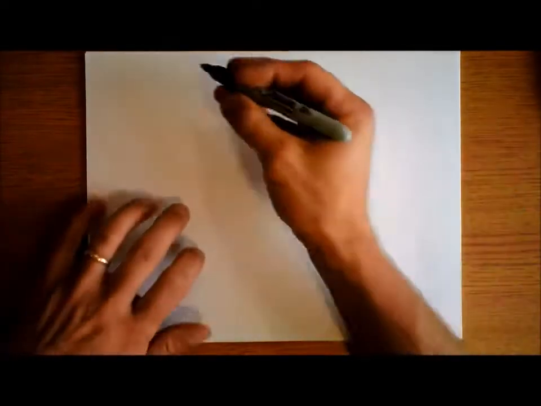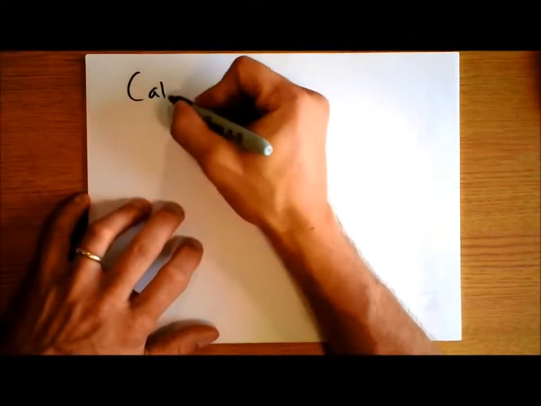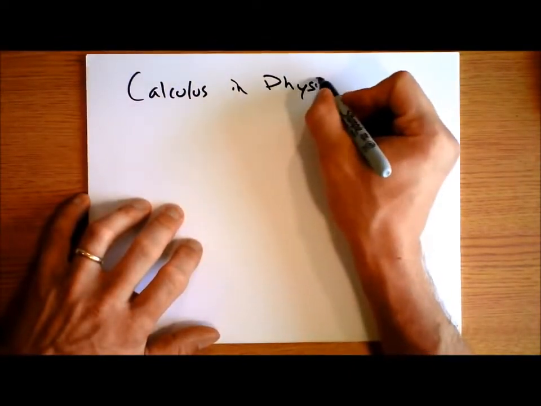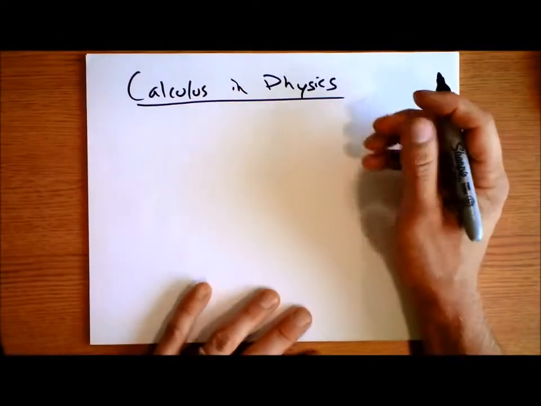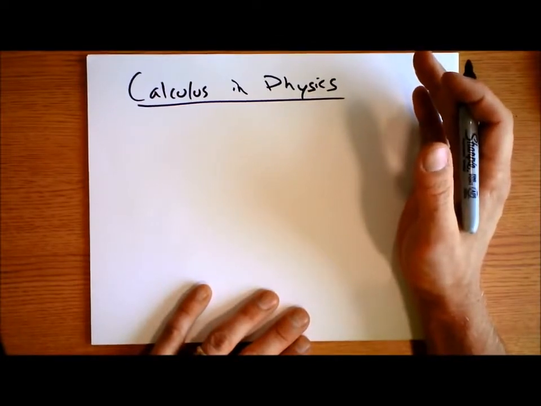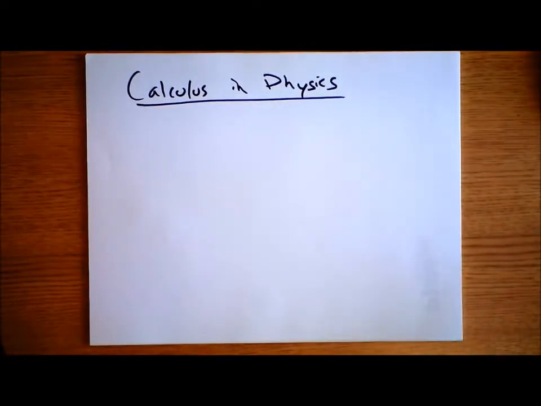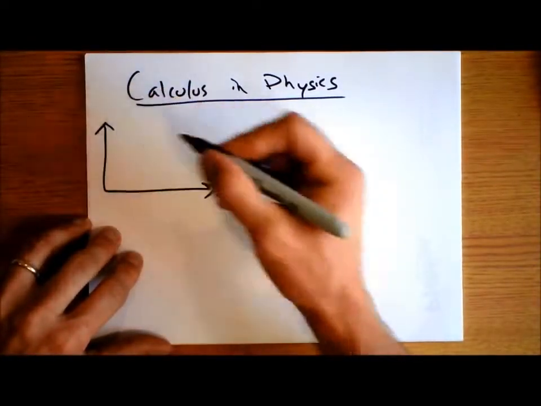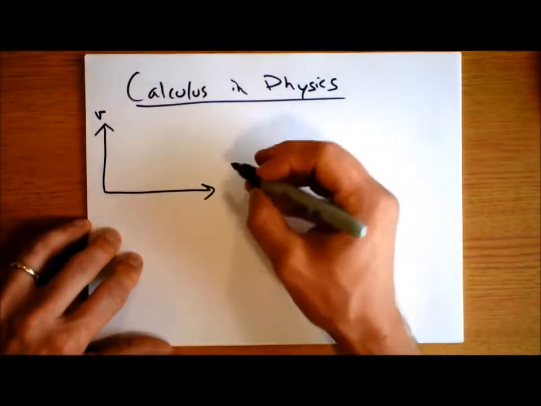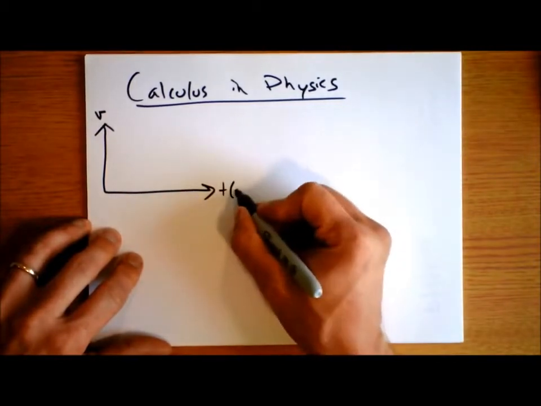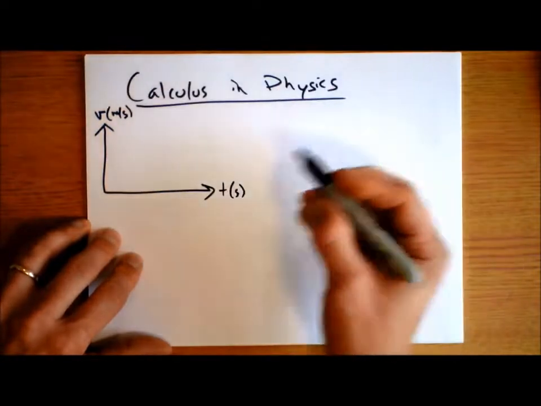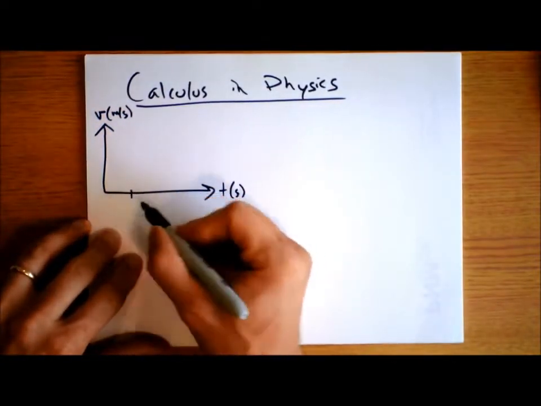All right, so calculus is all well and good, but let's get into calculus in physics. There are all kinds of wonderful ways that calculus comes up in physics. So let's first give a simple example. We've seen this idea, but I want to remind you that if you have a graph of velocity versus time, let's say time's in seconds and velocity is in meters per second, and we have this baboon,